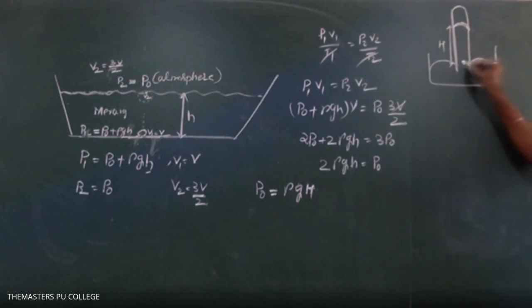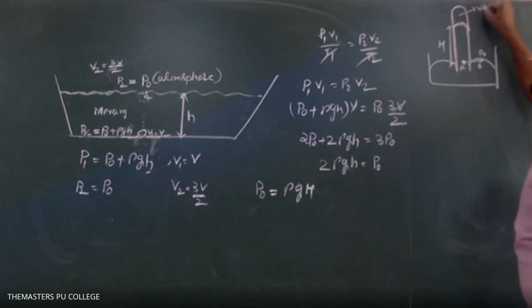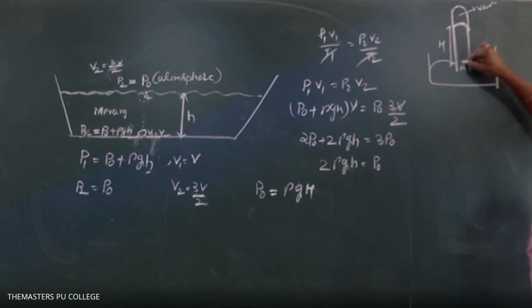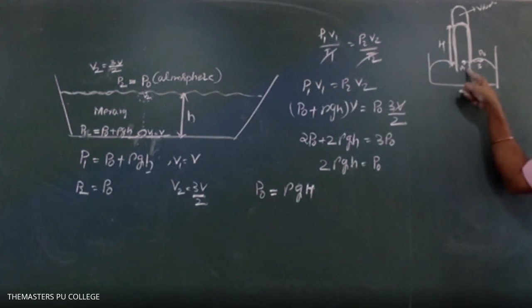Look here, this is point A and this is point B. Above point B, the pressure is due to the atmosphere. Above point A, the pressure is due to the mercury column of height H. The top is filled with vacuum, so there is no pressure due to that part. Hence the pressure exerted by the mercury column of height H equals the pressure exerted by the atmosphere, because these two points are at the same horizontal level. That's why the pressures can be equated. We will get that in the chapter called fluid mechanics.